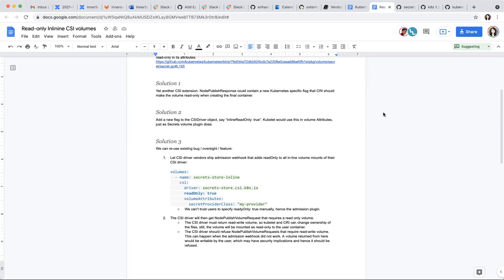So implementation-wise, you think it's easy to implement that way? It's already implemented in kubelet this way. I'm just suggesting to promote it to a real solution instead of a hack. Just the documentation piece. You need the driver vendor to ship an admission webhook that adds read-only. Oh, yeah, definitely. That's something we can document and recommend.